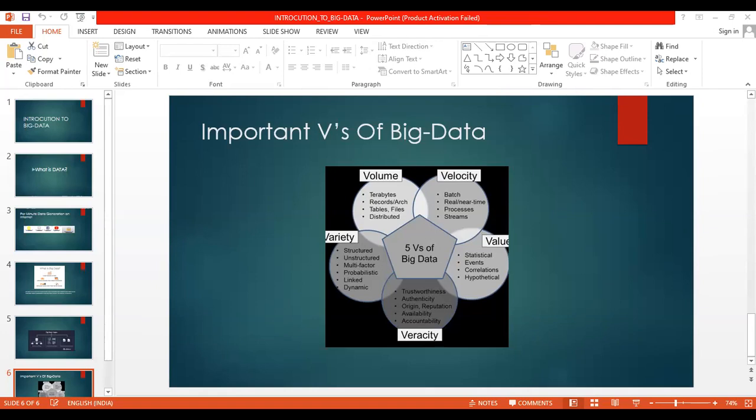Before that, this introduction and all, we all know Doug Cutting has created Hadoop, and Hadoop is an open source framework. Now, open source means what? We don't need to pay for it, for storage and large scale processing of data sets on a cluster of commodity hardware. Commodity hardware means cheap hardware. It means with cheap hardware, you can make use of this Hadoop framework for processing and storing your data. Okay.